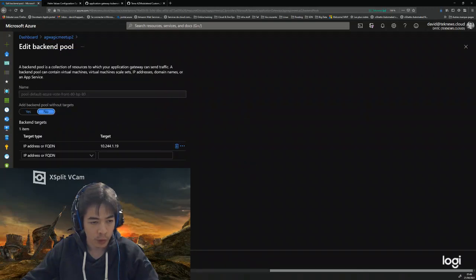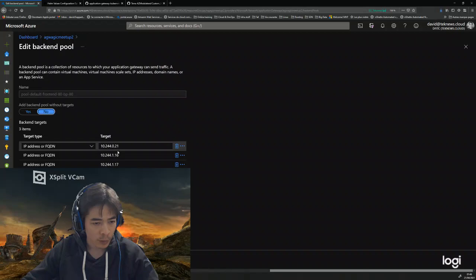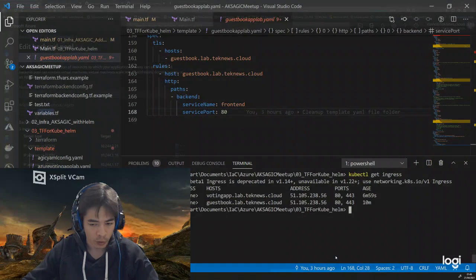So the first one, I should see an IP address in 10.244. If you remember well, it's true. It is the range for Kubernetes. And if I'm checking this one, I have three backend pools, all in the same range. Let's just be sure that we are correct about that.